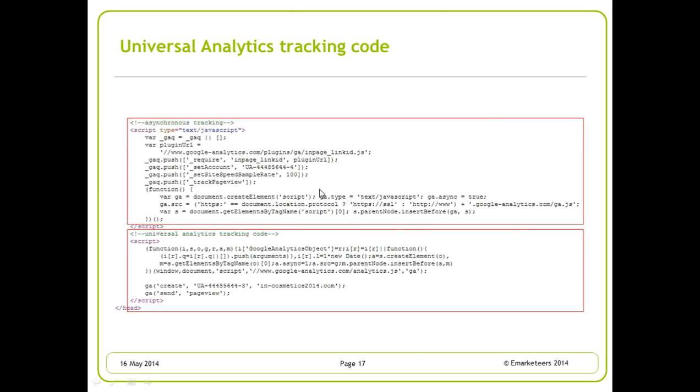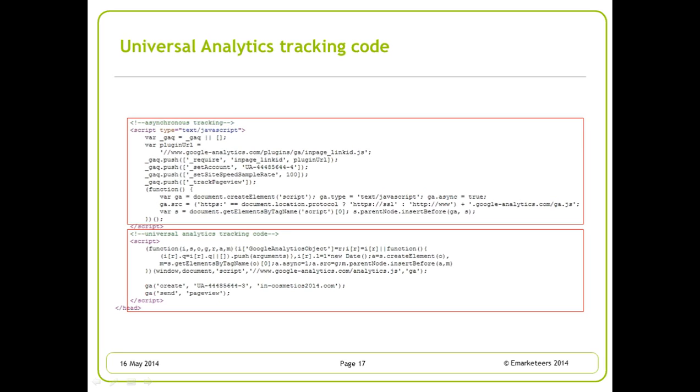Here on this slide, you see here at the top something you're probably used to. This is the old Google Analytics tracking code, the asynchronous tracking code, as it's also called. Here at the bottom is the new Universal Analytics tracking code. As you can see, it looks different, but in a way also similar. There is a JavaScript that is called here, GA.js, and in the new Universal Analytics, JavaScript is called analytics.js. And it's basically collecting data and sending that to a Google Analytics account number and profile.